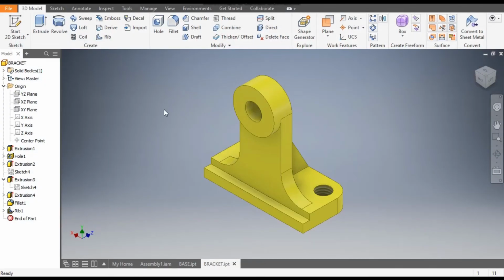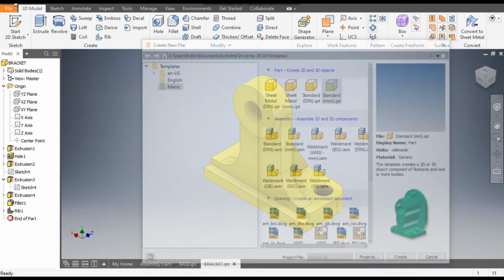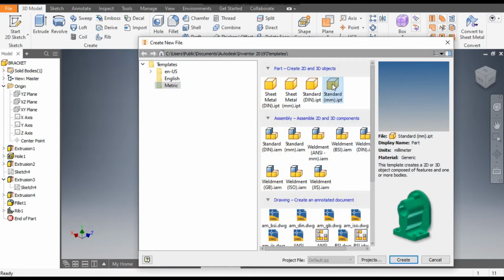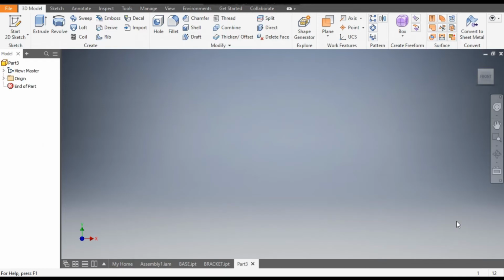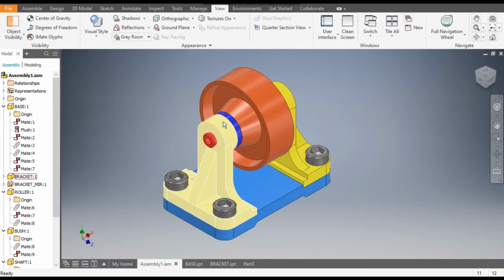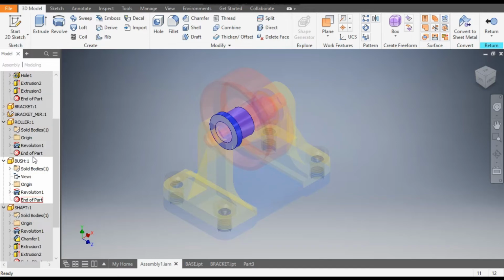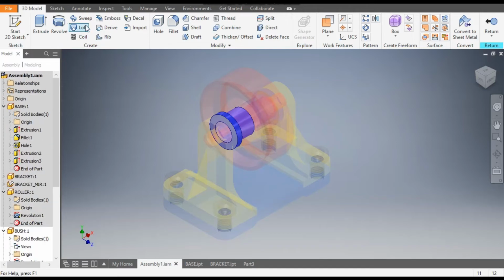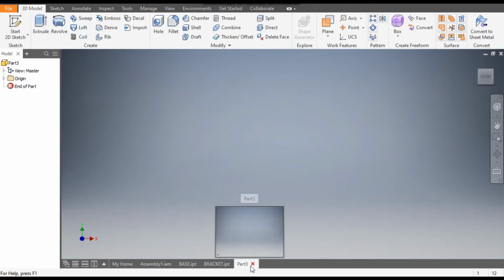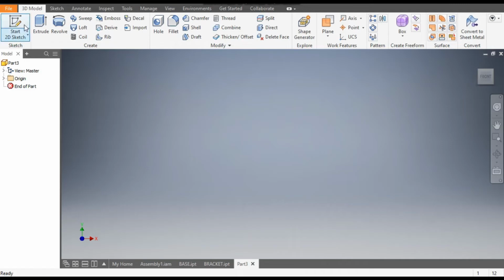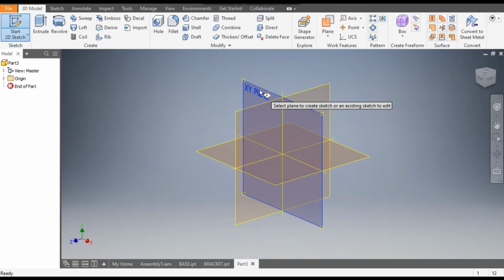Now take a new and take a standard part in millimeter, create. Now we will make a bush profile. We will make this bush, double click this, we will make this part. Okay, so go back to part 3, go to 2D sketch and select the front plane, the XY plane,